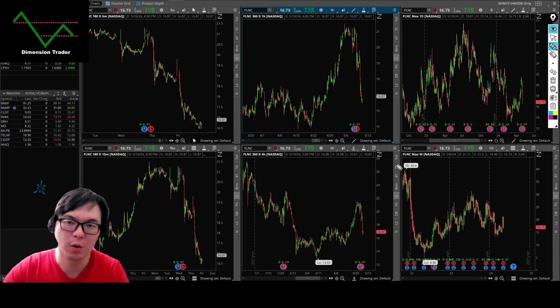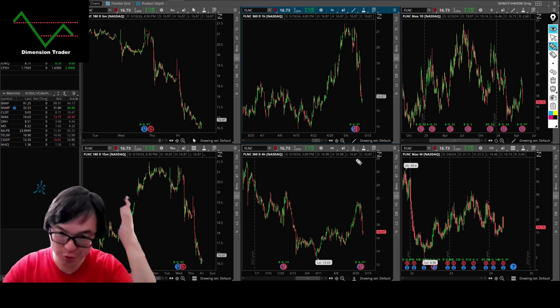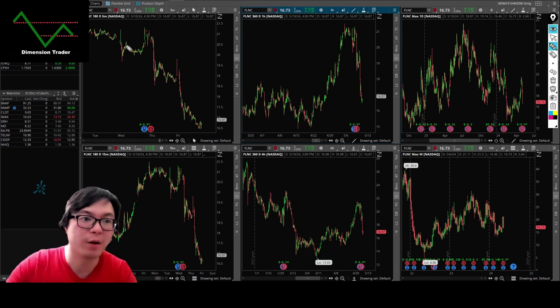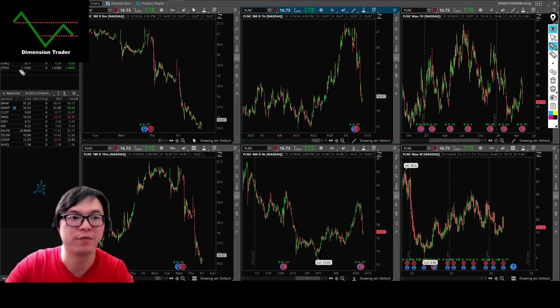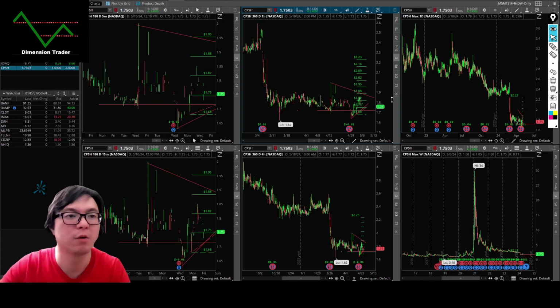Okay, but today we are going to focus on the trading style. It's going to be long-term, mid-term, or short-term. Which time frame is your setup found? According to our continuation setup, we found the IONQ on the 15 minutes, but we don't have anything on the FLNC. The next one we pick will be